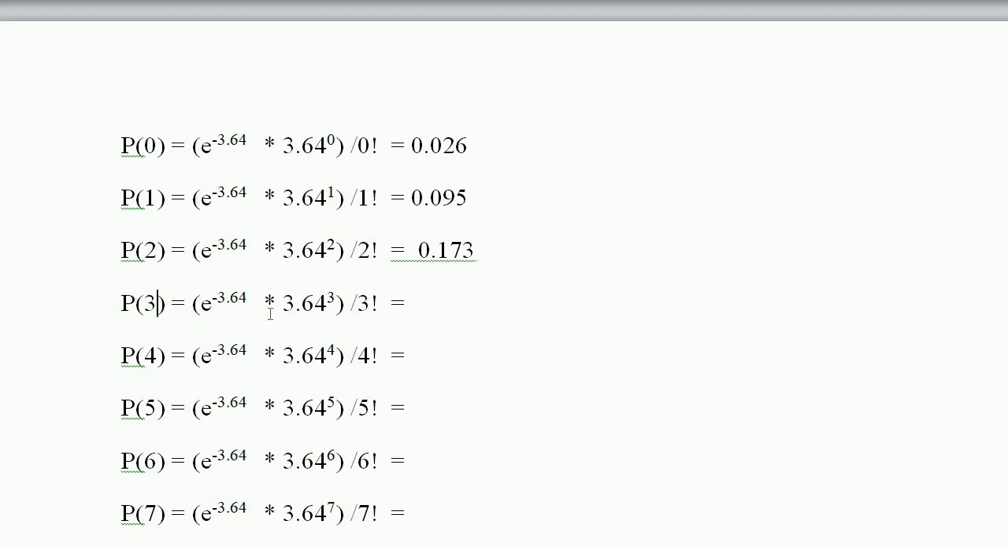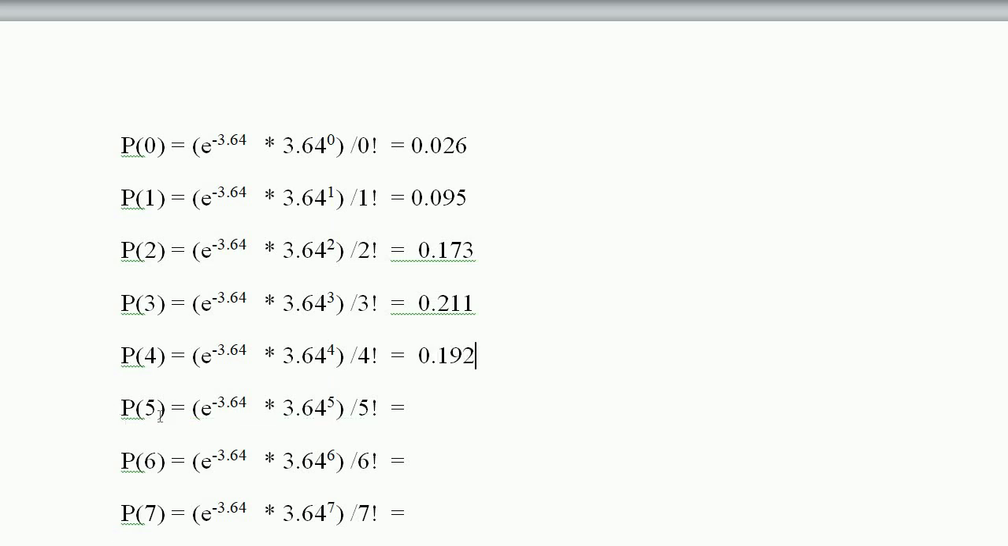And the third value, that is P of 3, where x value is 3: e to the power minus 3.64 into 3.64 to the power x, that is 3, divided by x factorial. X value here is 3 factorial. So the next value is 0.211. Again, P of 4: e to the power minus alpha, where alpha value is 3.64, to the power x, where x is 4, divided by 4 factorial. You are going to get a value